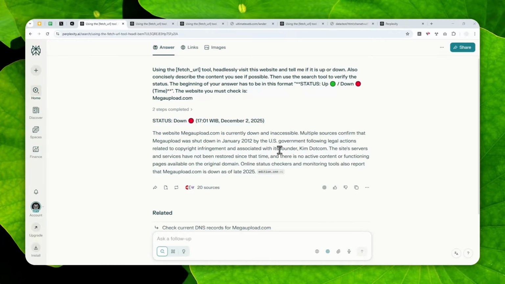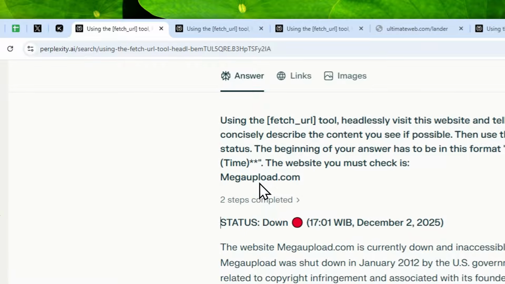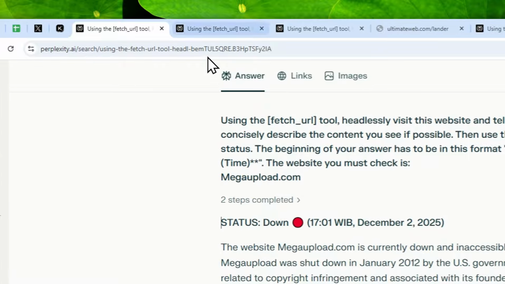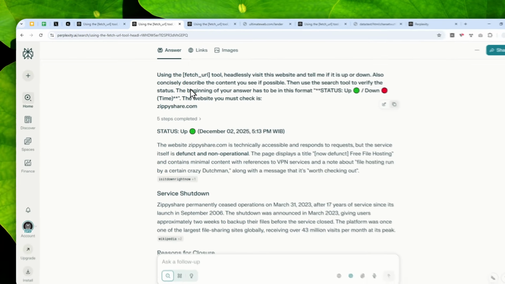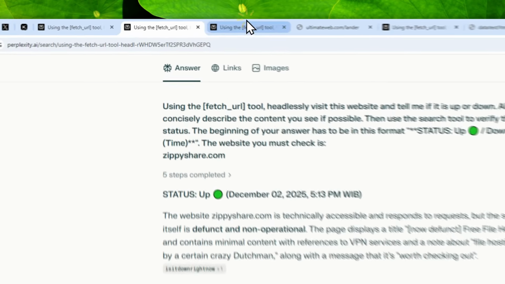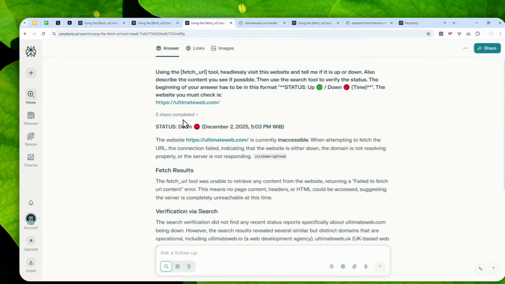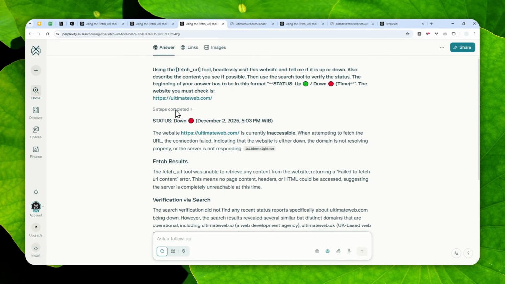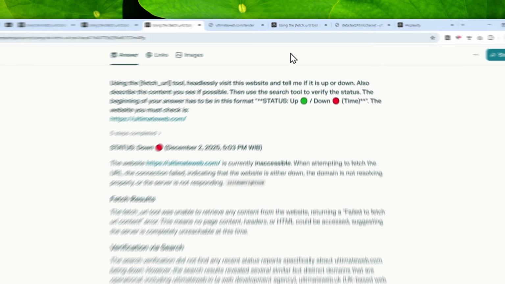Well, this is actually really cool. You can use Perplexity as a down detector tool, and that means you might utilize this platform to check if the website that you are trying to visit is indeed down, or perhaps it's just your computer not able to reach the website. And by the way, later I'll talk about how you can automate this whole process in